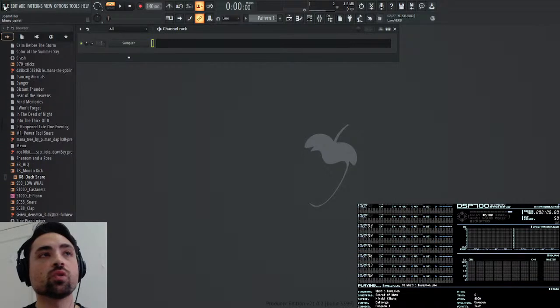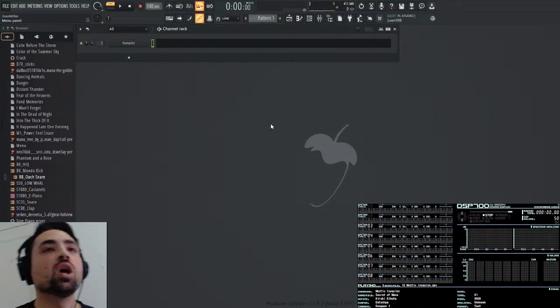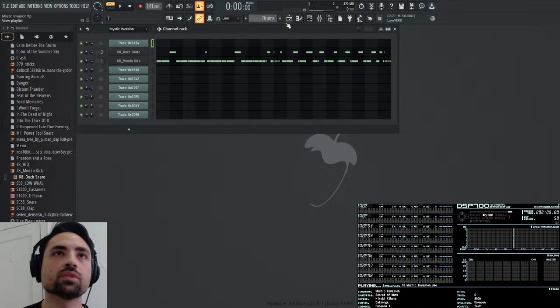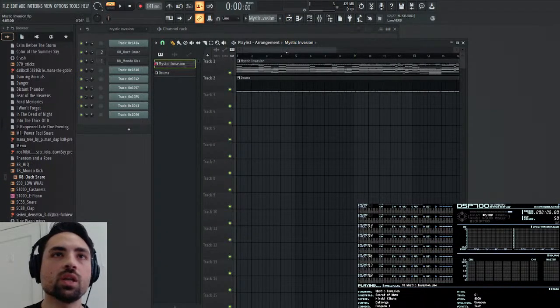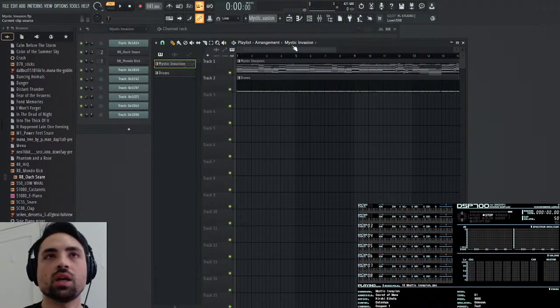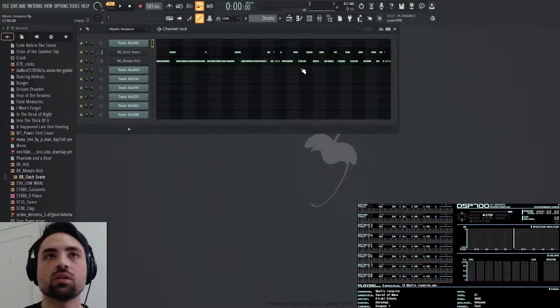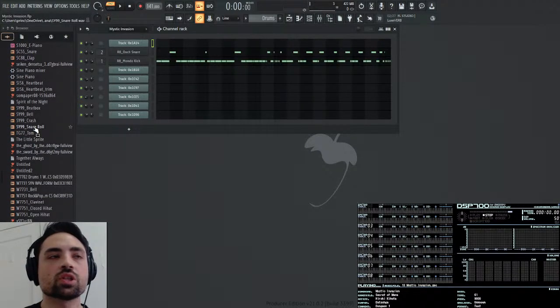So now we're in 44.1. Wow, so now I need to load up my project again. And let me actually add these drums to the mix, and let me also add the MIDI. And now I'm going to put the drums down here. And then let's see, what were we doing? Oh, the hi-hats. The hi-hats are what's next. So let's drop in our hi-hats. Let me refresh the browser.